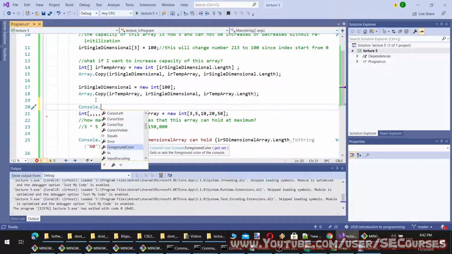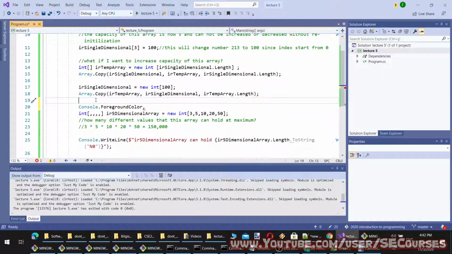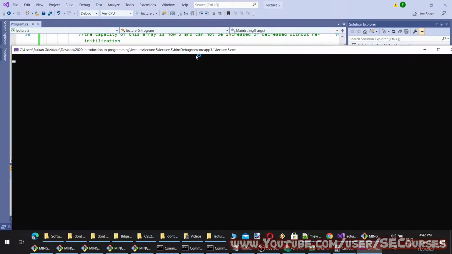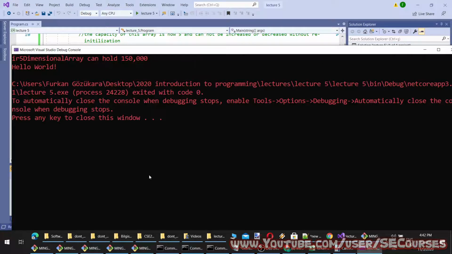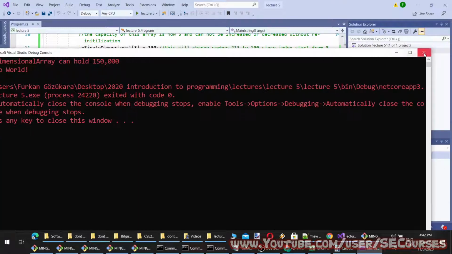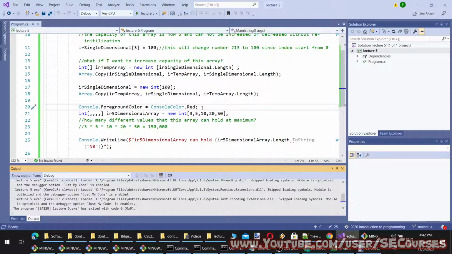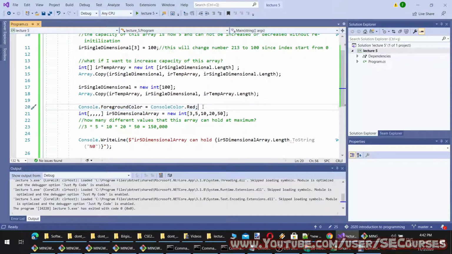So let's set the foreground color. Okay, equal to, before typing that, console color, I will say red. Let's run it and see how it looks. Okay, you see the entire foreground color has become red, and there is also background color.